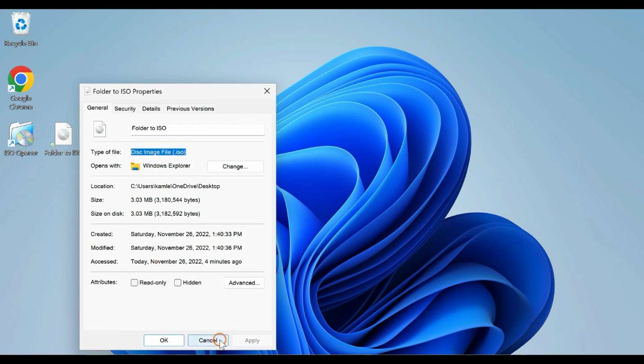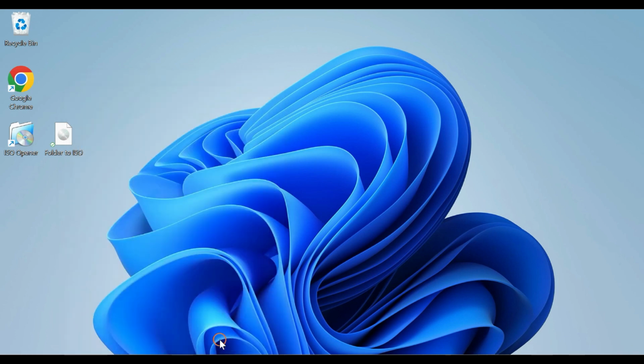Also, we can only play some games when their CD is mounted on our PC. For that, we create an ISO image file and mount them virtually so that there is no need to insert the game CD into our computer. Basically, to view the content of an ISO file, we need to mount them to a virtual drive.